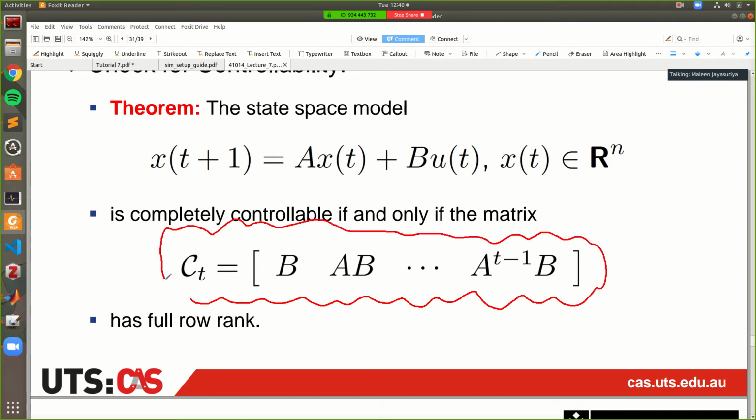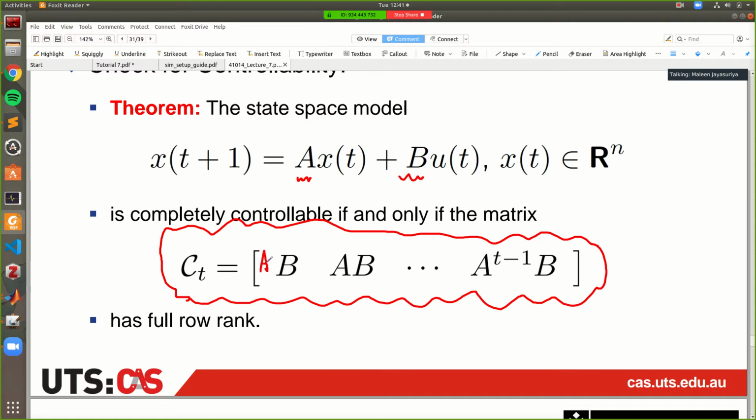What you do is you take your B matrix, multiply it into your A matrix, and what you see here is each column, the power of A is going from 0.